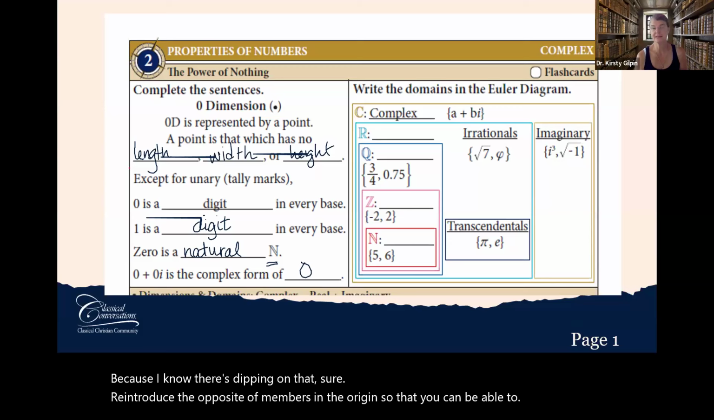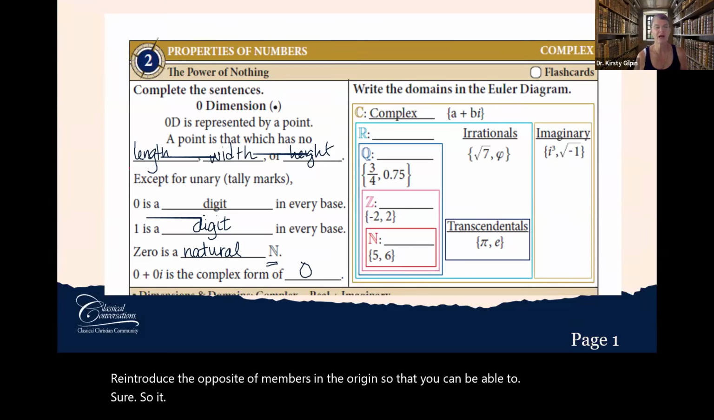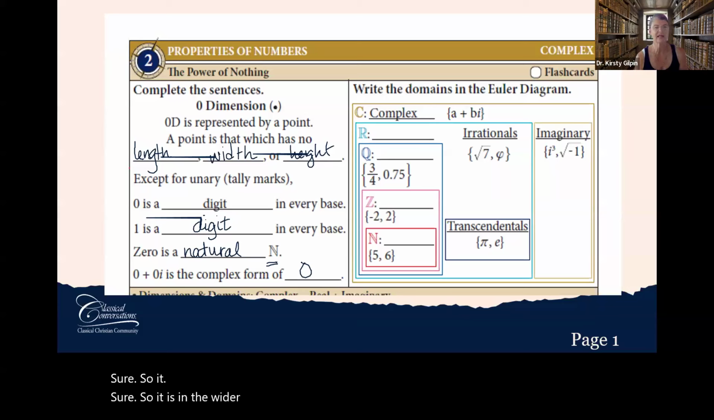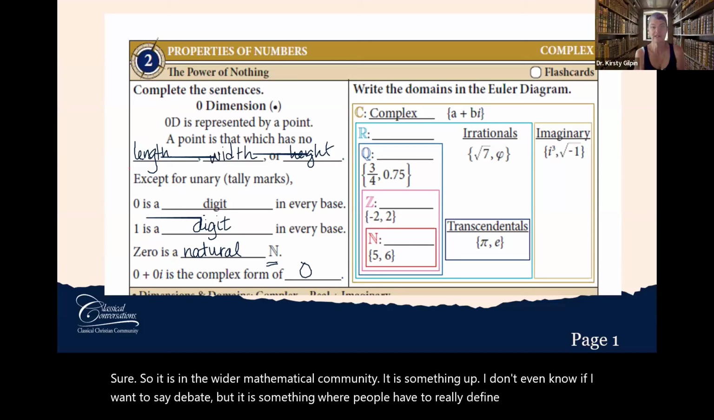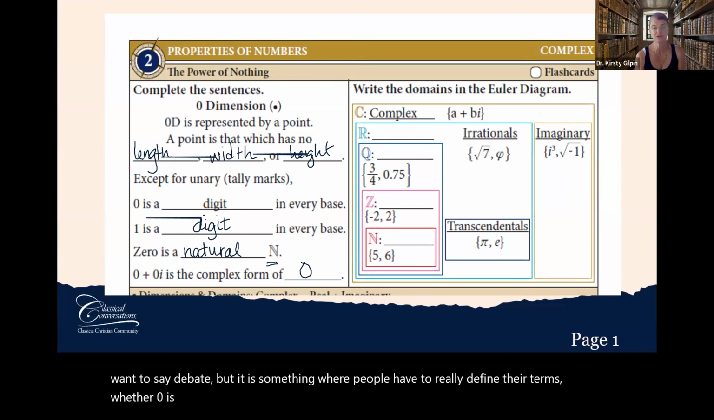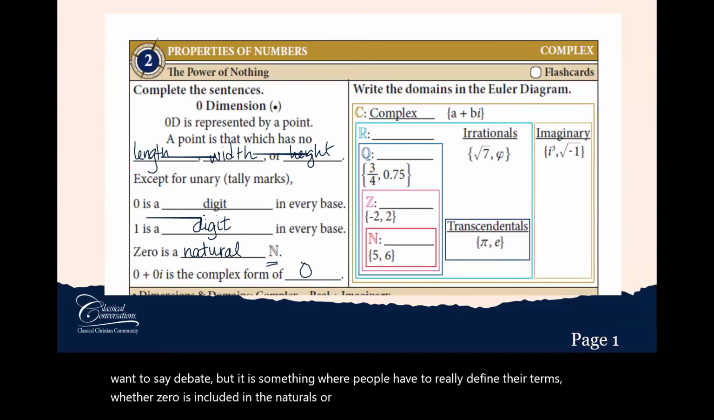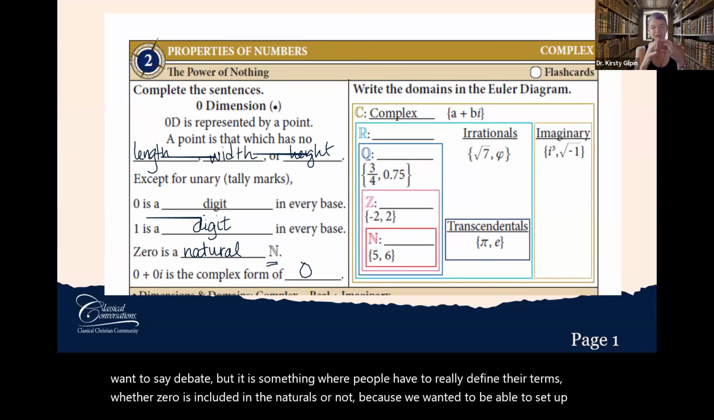How is it benefited by being defined that way? Sure. In the wider mathematical community, it is something of, I don't even know if I want to say a debate, but it is something where people have to really define their terms, whether 0 is included in the naturals or not. Because we wanted to be able to set up our Euler diagram and see those subsets